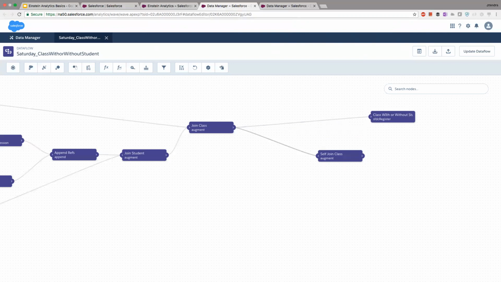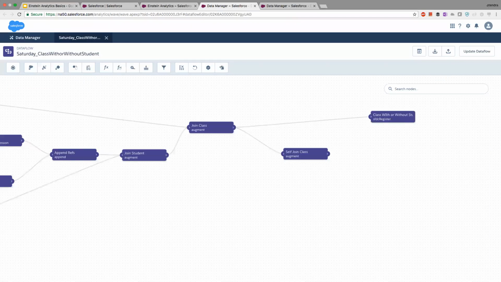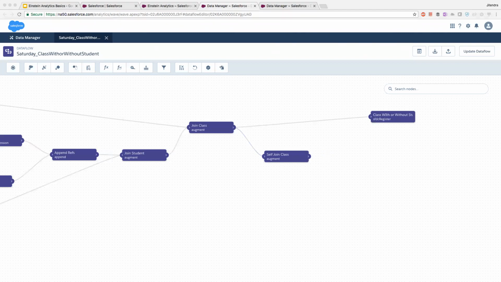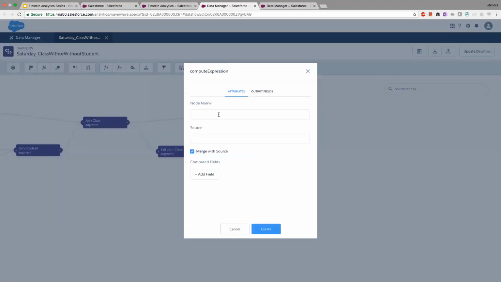Now what we are going to do here is on the self join. So now the problem here, you see, is Salesforce is repeated. Salesforce is already coming here, but Salesforce is here as well, repeated. So I think after this step, it will be a little bit clearer what we are doing. So we will do the compute expression again on the self join class, and we will say find the duplicate, and I'm saying self join class, and we are going to add a field here,